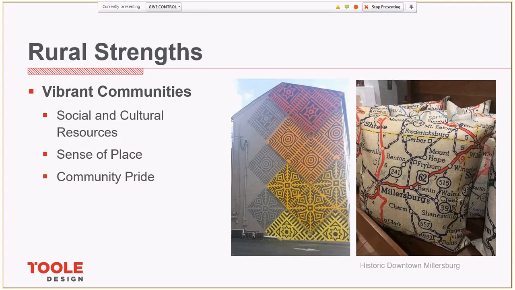I think we are all on the same page here, as this is the first slide that I came up with and developed when I think about some of the rural communities that I've been able to work with in Ohio. They're very vibrant social places, with strong social networks, a lot of small town pride, and really creative ways to celebrate that pride. The examples on this slide include a colorful mural celebrating Nelsonville's historic brick industry, or this throw pillow that you can buy in downtown Millersburg, showing Millersburg right in the center of the map.